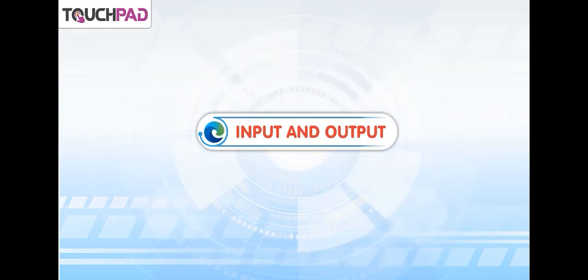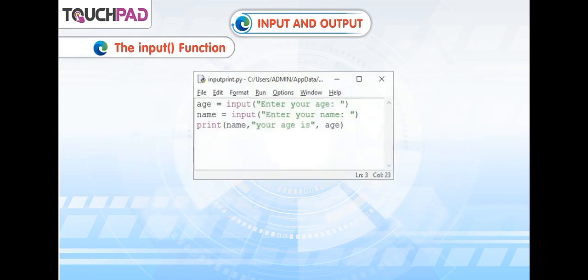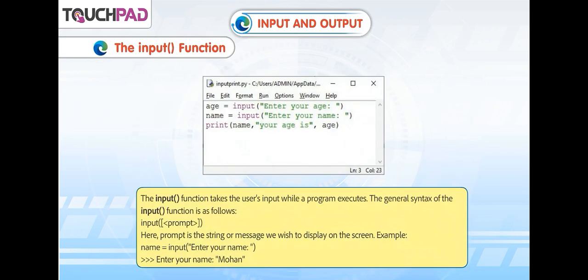Input and output. Python provides two commonly used functions, input and print, for input and output. The input function takes the user's input while a program executes. The general syntax of the input function is as follows. Here, prompt is the string or message we wish to display on the screen. Example,